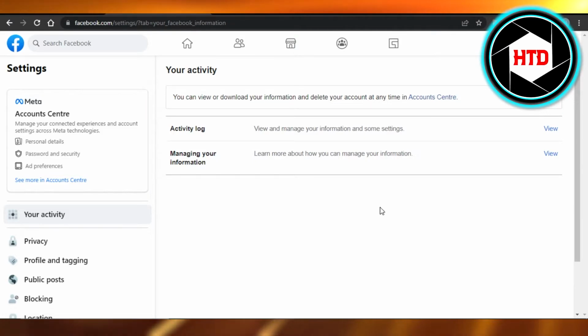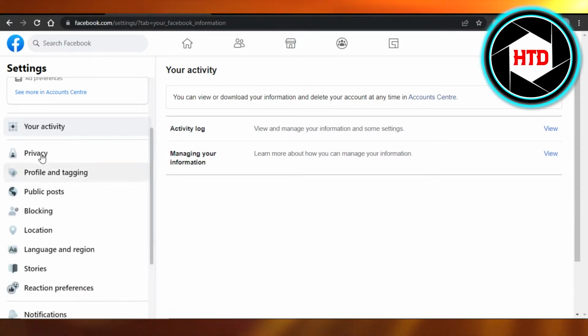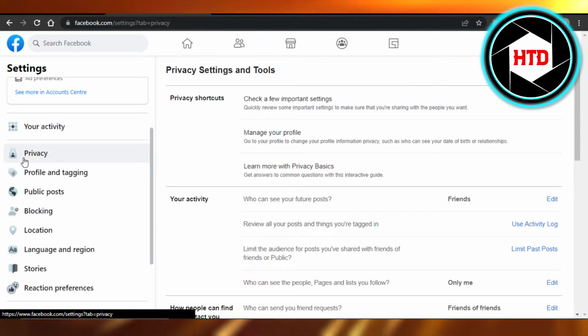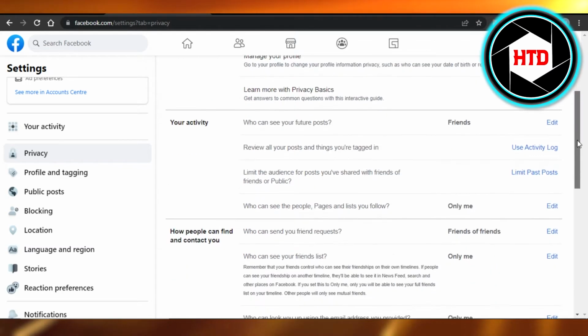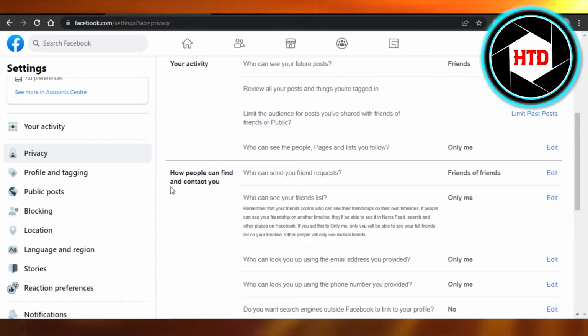This is where you will get. Now I'll show you how to hide your friend list. For that, you have to scroll down to privacy. In privacy, you will see your activity, and then we have the option of how people can find and contact